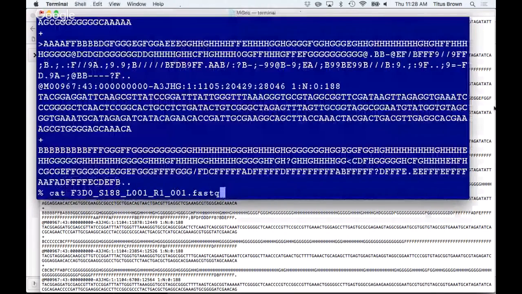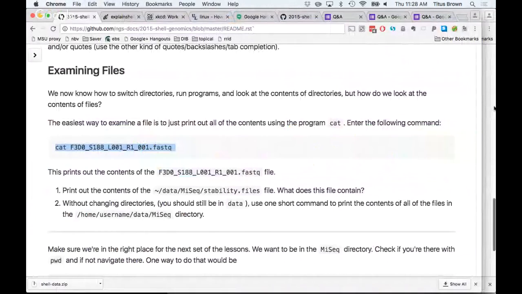I don't know if you can tell, I spend a lot of time thinking about sequencing data analysis. I spend a lot of time thinking about this. Okay, so